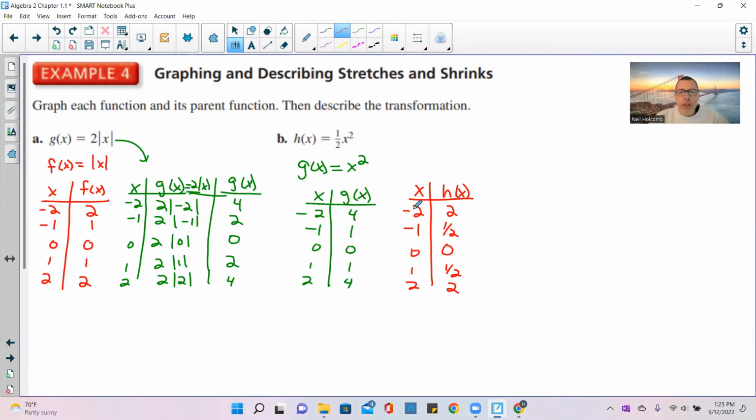So look what happened. We're using the same x's and y's. 4 became 2, 1 became a half, 0 became 0. So we're dividing all the y values by 2. Okay, so if I graph this now,